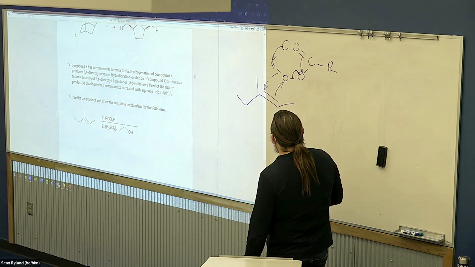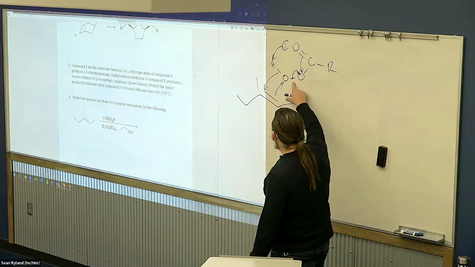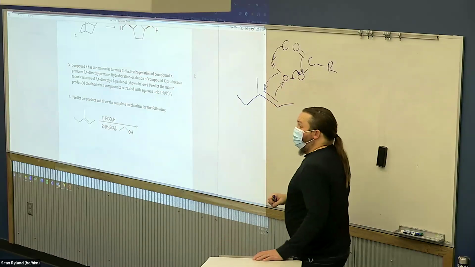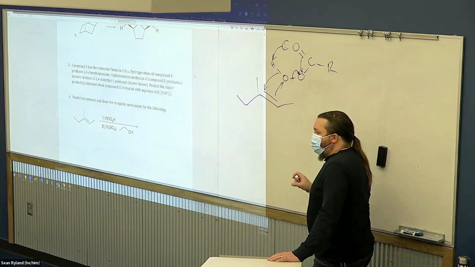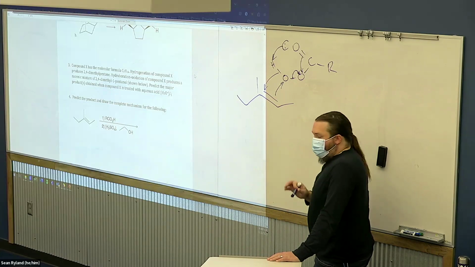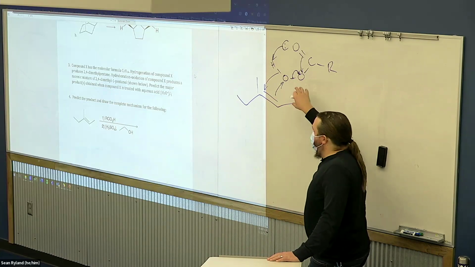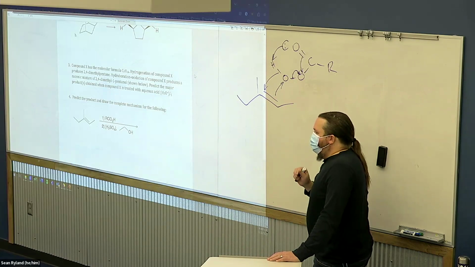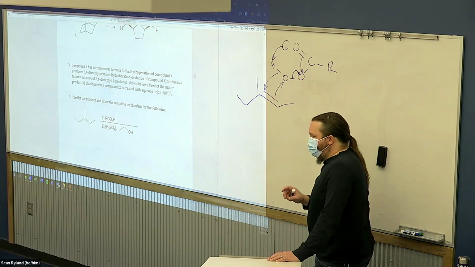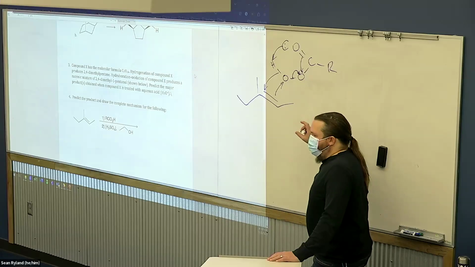For the oxygen-oxygen single bond, would they separate the electrons homolytically, where one electron goes each way? Not in this case. If we have just a true peroxide instead of a peroxy acid, especially if we shine light or heat it up, then we should be looking at a homolytic cleavage and a free radical reaction. Usually with peroxides, that's the mechanism we're going to see more often than not. In this case, however,